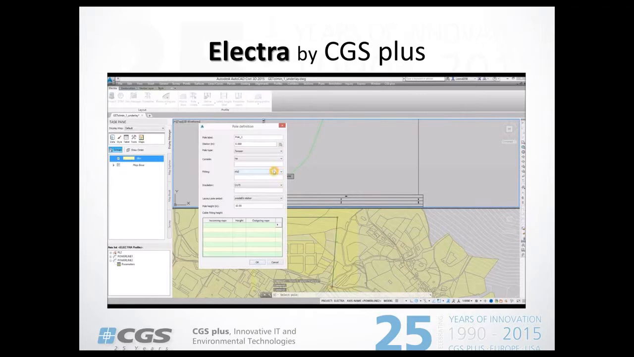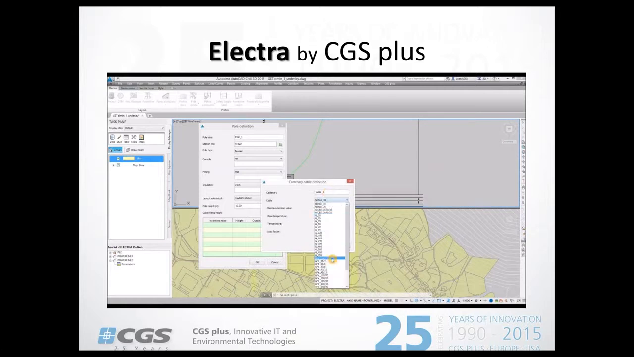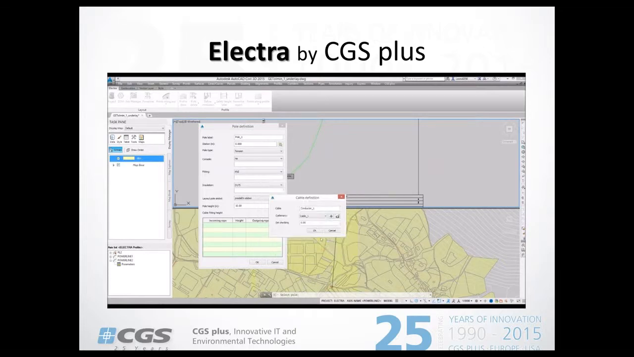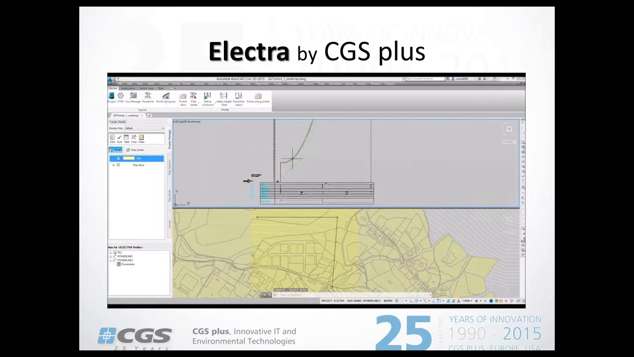Then we will just add a conductor to that pole. We go to the catenary. There's a list of conductors. We select one, and define all other parameters which are needed. Okay, and then just define the height, the attaching point to the pole of this conductor, and then we are just adding in